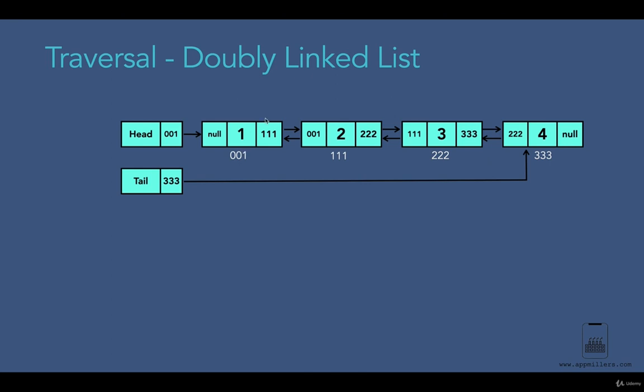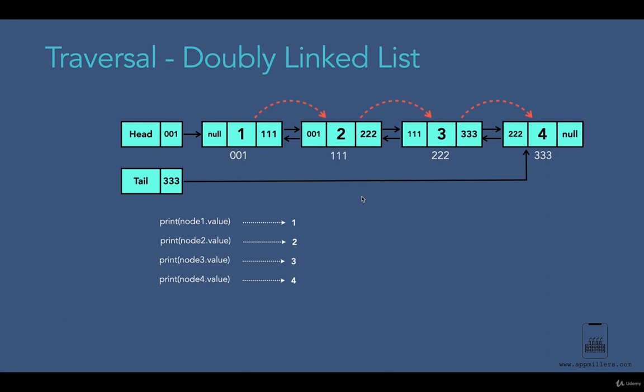We start from the first node and continue until we reach the last node. So the first thing that we are going to do is visit the first node and print out its value. Then we continue to the next node, which is node 2, and print out its value. Then we continue to the third node and print out its value. As you see, the third node's value is 3, so it's printed out to the console. Then we continue to the fourth node and print out its value. Now when we reach here, we stop